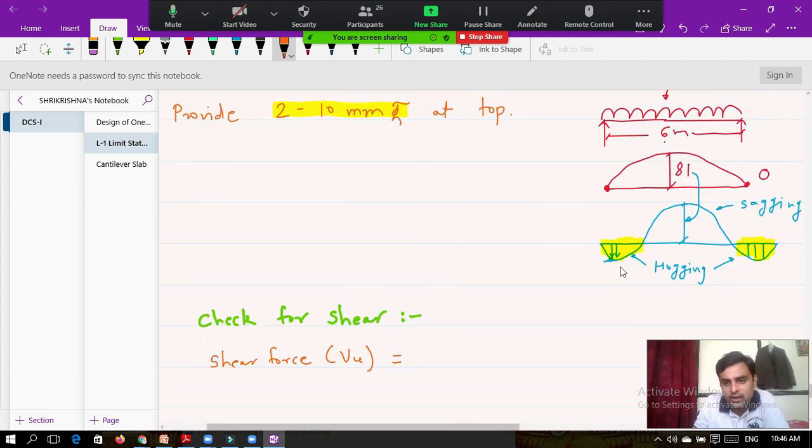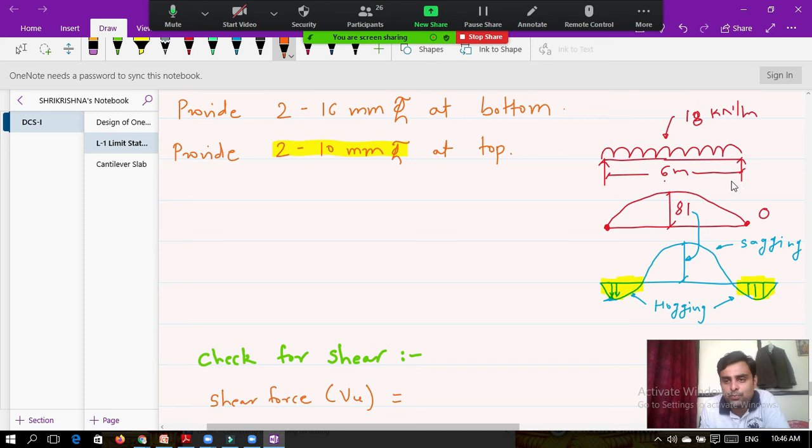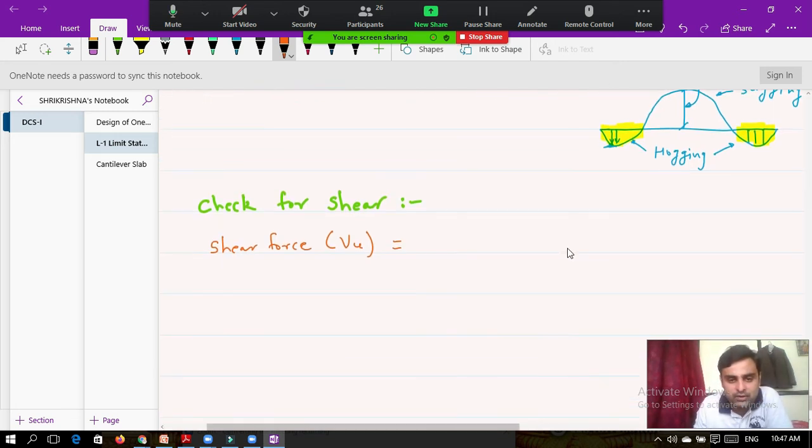Now here our case is, our beam is simply supported and carrying a UDL. So what is the value of shear force, that is support reaction? It is WL upon 2. So this is our shear force, WL by 2. So take that value WL upon 2, whatever our load is there. So W, that is ultimate load, then L effective divided by 2.